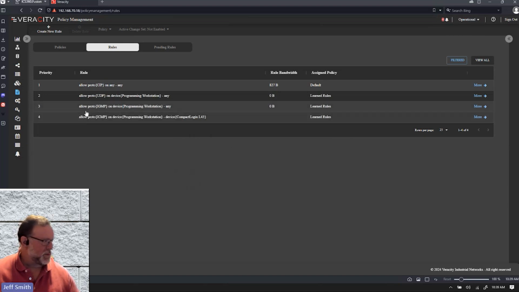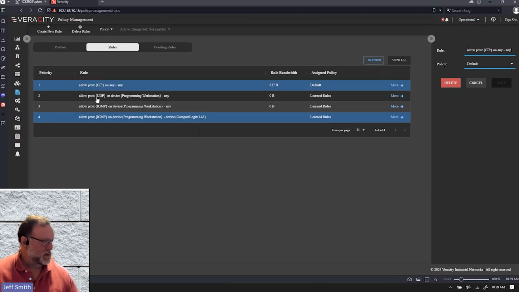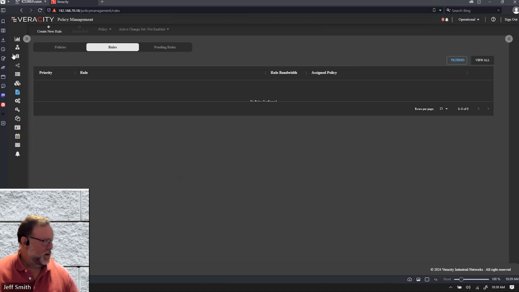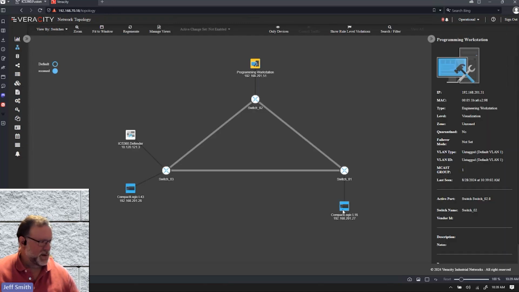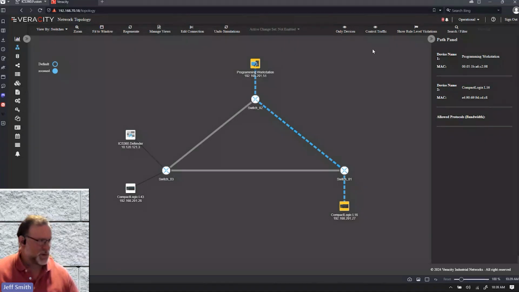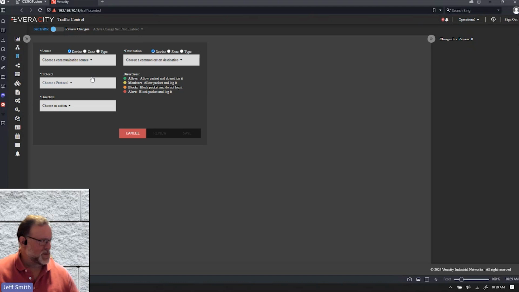That's a great demo too. Actually, we'll just get rid of all these. When I do that, I could have also done that through the UI by selecting this and this, right? And do control traffic. I could have gone to this, which is a traffic control page, which allows me to make larger changes to the network, right?